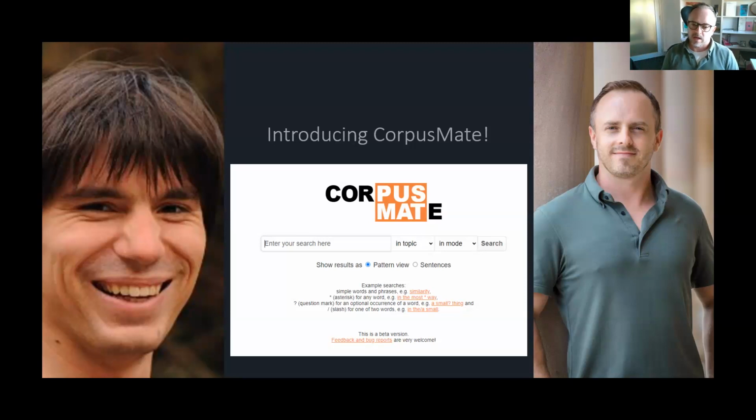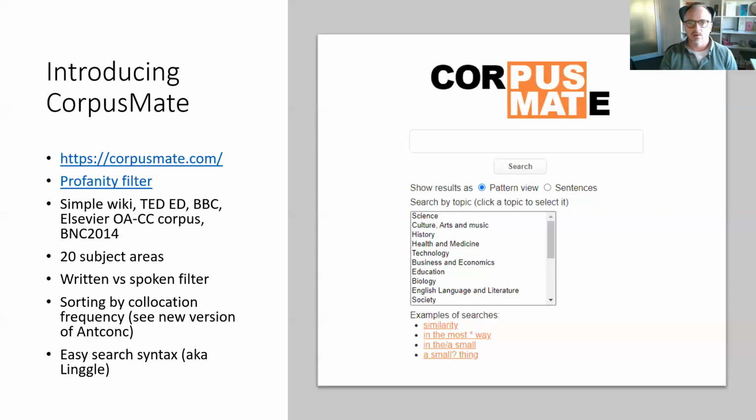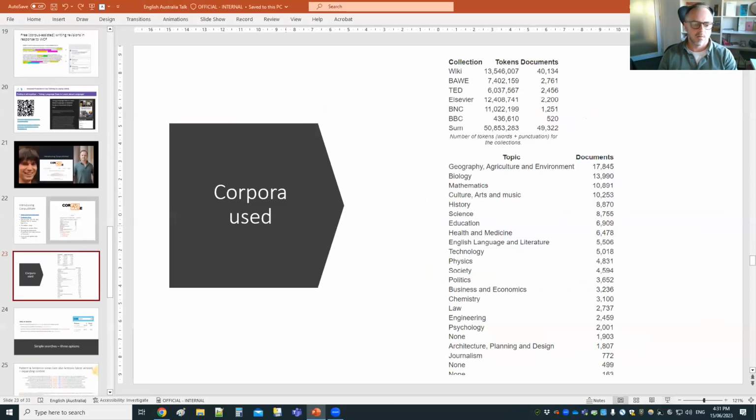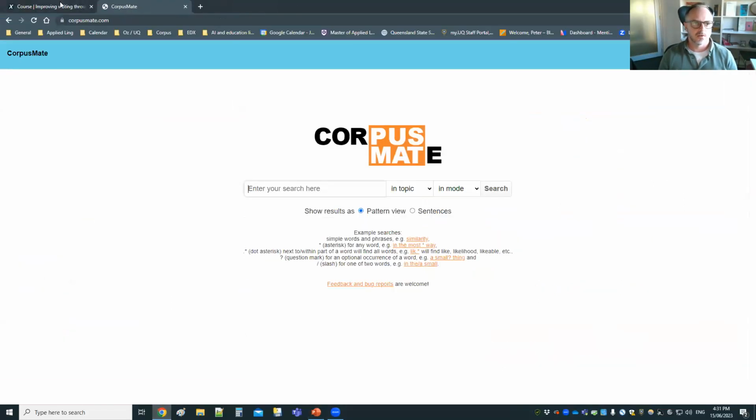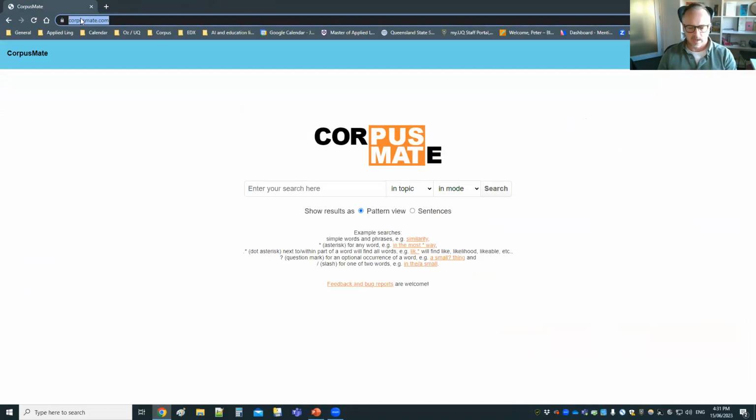I managed to take all of that feedback and to develop a new online corpus tool that aims to be one of the simplest and most user-friendly tools available, that is readily accessible by any language learner or teacher, and that has enough functions to be a really useful tool for a lot of the things that I've been talking about so far in this talk. So I'll just very briefly provide an overview about the Corpus Mate platform on the next few slides and how it works. But for here, I might as well just switch over to the platform,